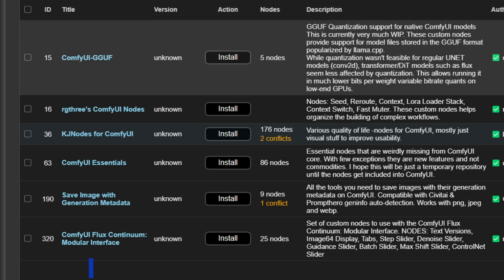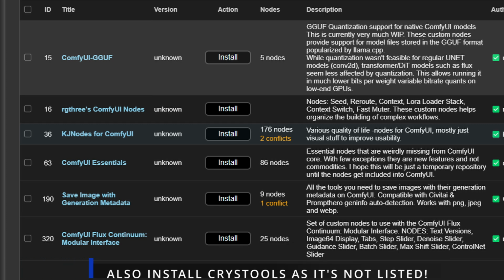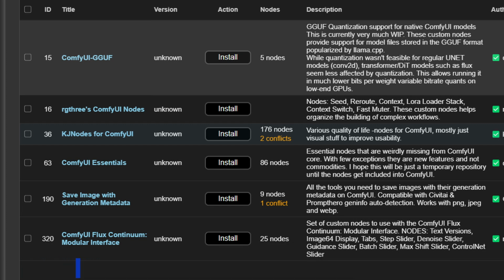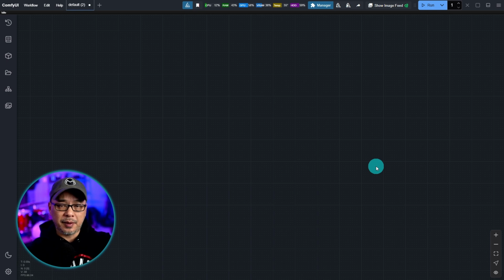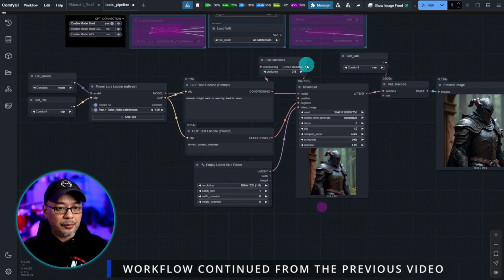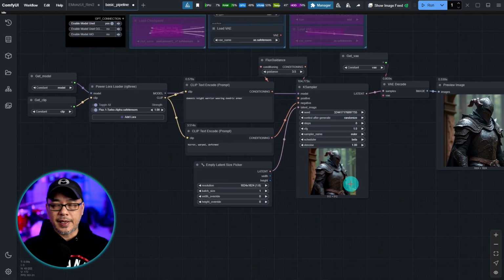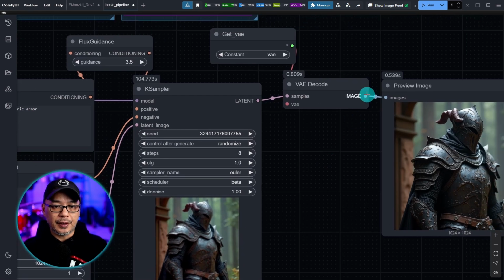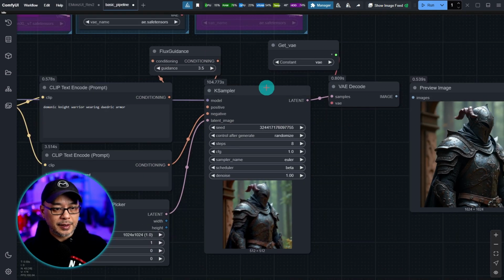Now just to double check, I'm going to put on the screen the custom nodes that you need to build this workflow. The goal here is to create a very basic front end. Consider it more as an exercise. And pretty much we have everything we need already here, and I think we can do both standard generation and image to image. Now at this point we're just going to disconnect all these connections, and we're basically going to take the